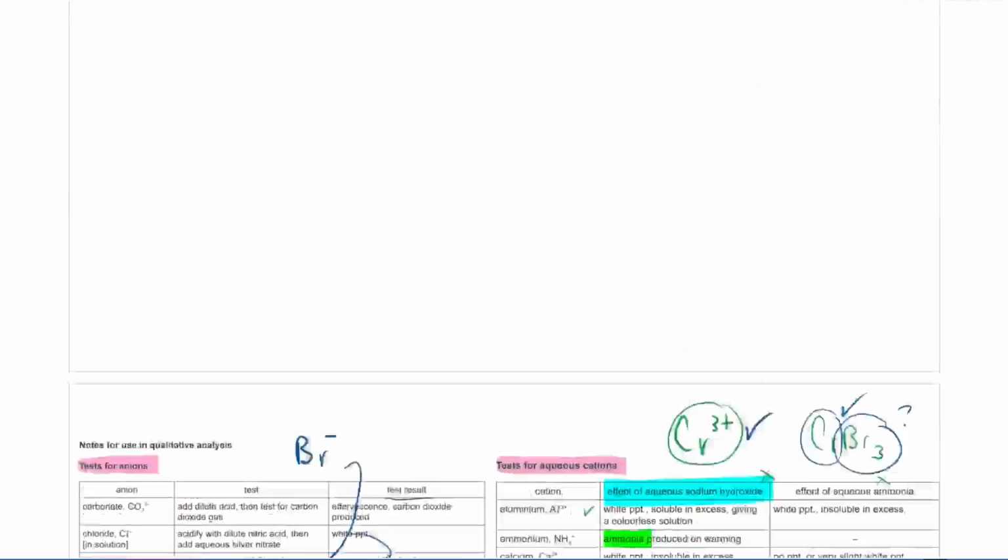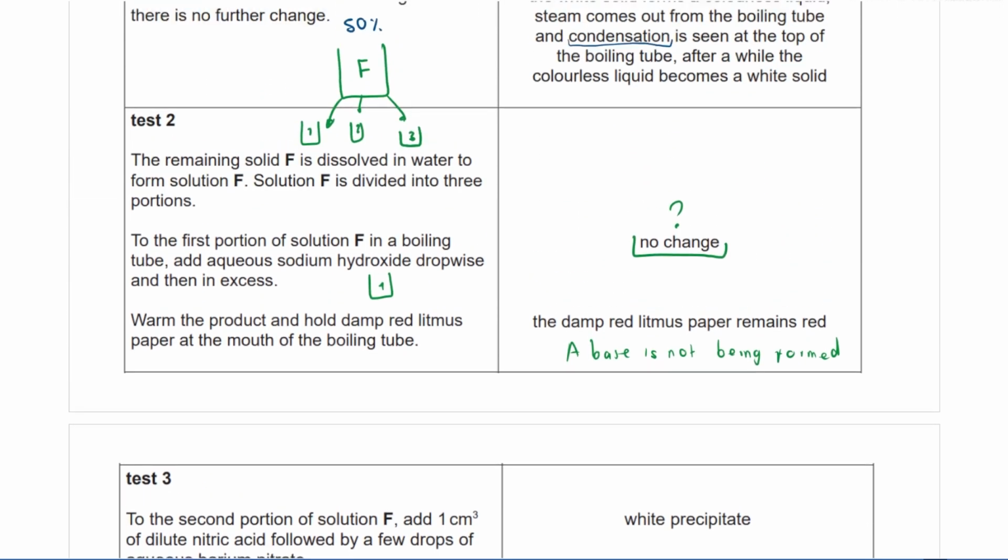So what we're trying to do here on the second part of the test is check for the ammonium ion, right? So a base is not being formed. So our cation is not NH4. So we don't have NH4, but we also don't know what we have. Okay, so